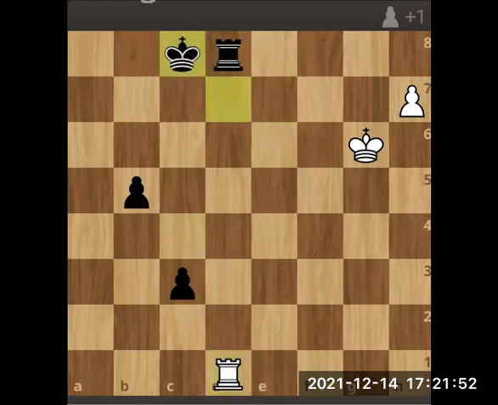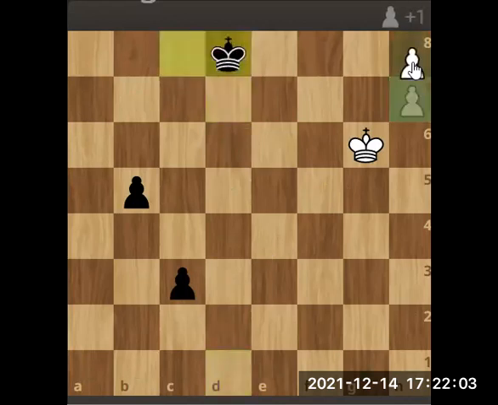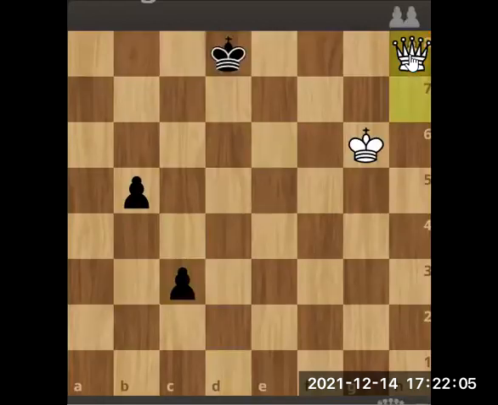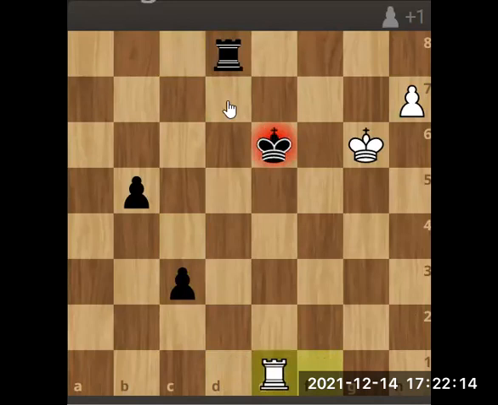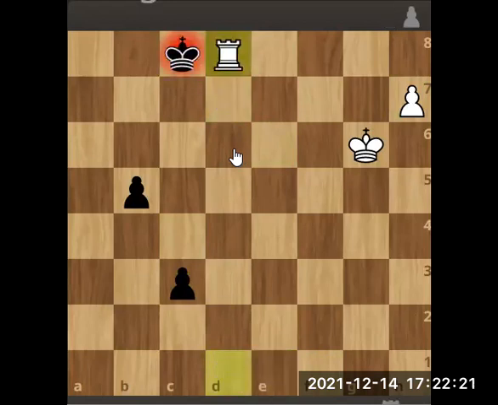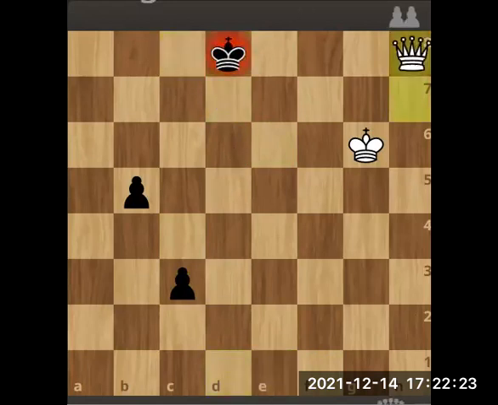Now it doesn't matter, this is an exchange, but when we queen it, we get the advantage that we wanted to get. So takes, that was an exchange. Now this is a queen. So now we have our advantage. Once again, we give this check, force the king out onto this file. Then we give another check, then the king goes up, then we take, then this is the queen.